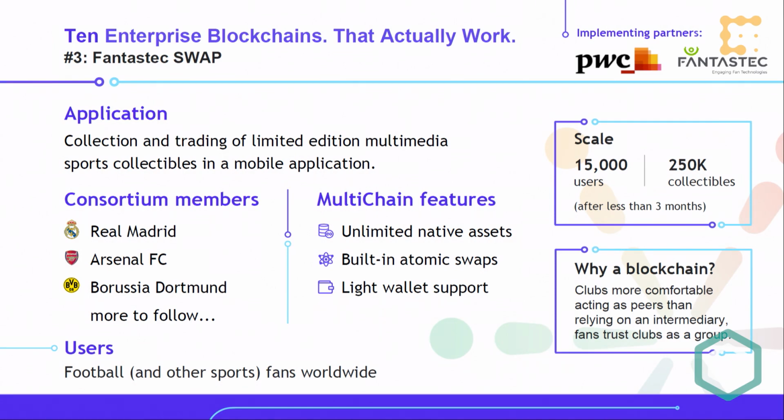Now, the issue here is that fans of each sport club want to have confidence that the stickers or the cards that they're collecting are genuinely issued by that sport club that they're following. On the other hand, we also want a system whereby fans of different sport clubs can exchange cards with each other. So that if I have 2 of a particular card, or if I have a card I don't particularly like, I can exchange that in an atomic, safe way with somebody who has a card for a different sports club. So we have an example here of the need for a unified database which is used by all of these sports clubs, but we also need to have each of the clubs maintaining meaningful control over their actions in that database. So again, this is a good use case for a blockchain.